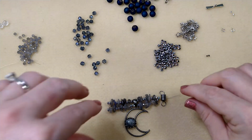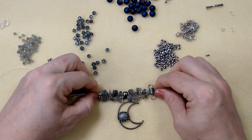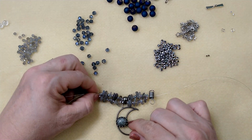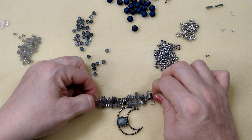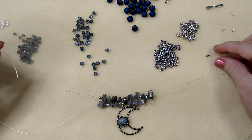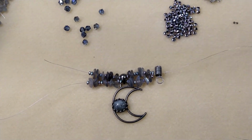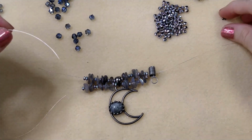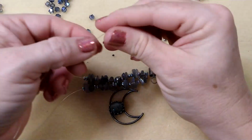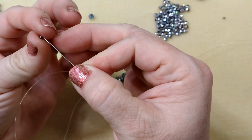Okay, now what we want to do is kind of bunch this up, but we don't want to bunch it up so much that this doesn't hang right. So that looks about good. So I'm going to take my crimp bead on this side. Let me zoom in a little. And all I'm going to do is put this crimp bead on over both strands of my wire. So here I'm putting it on right here,